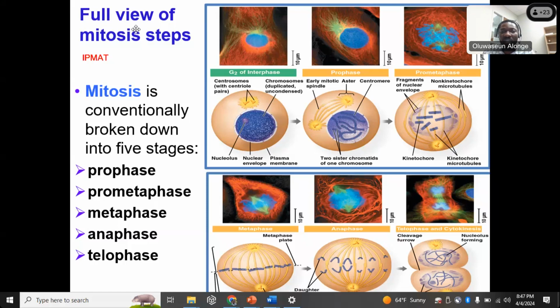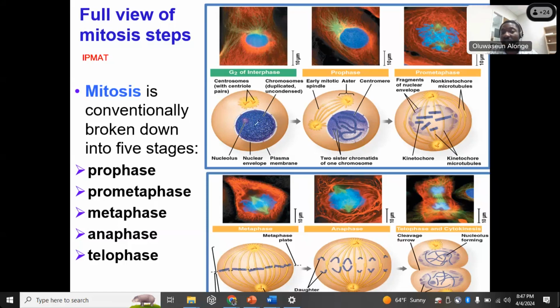Now, this is the cell at G2, ready to divide. And that is what it looks like. At this point, you will see that the chromosomes are now obvious, unlike when they were just like granules in chromatin. Now, this is the cell at G2, like this. Now, the first thing you are going to notice